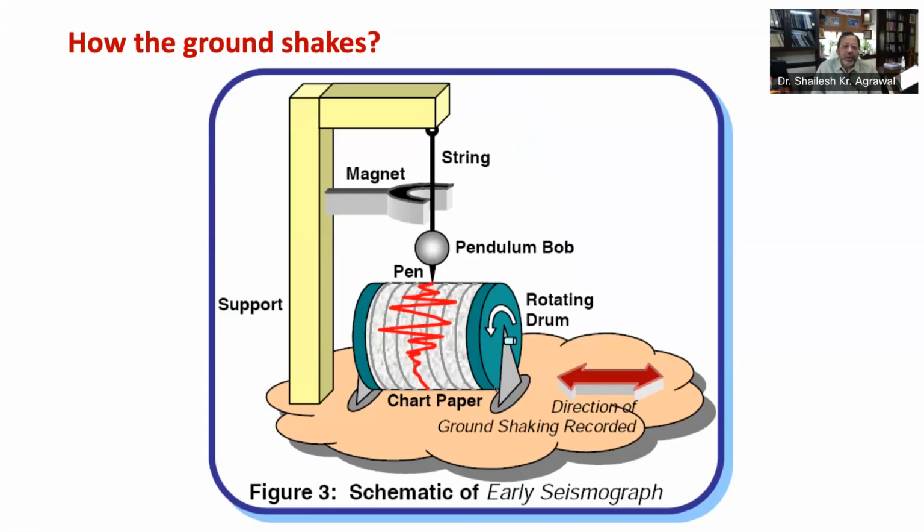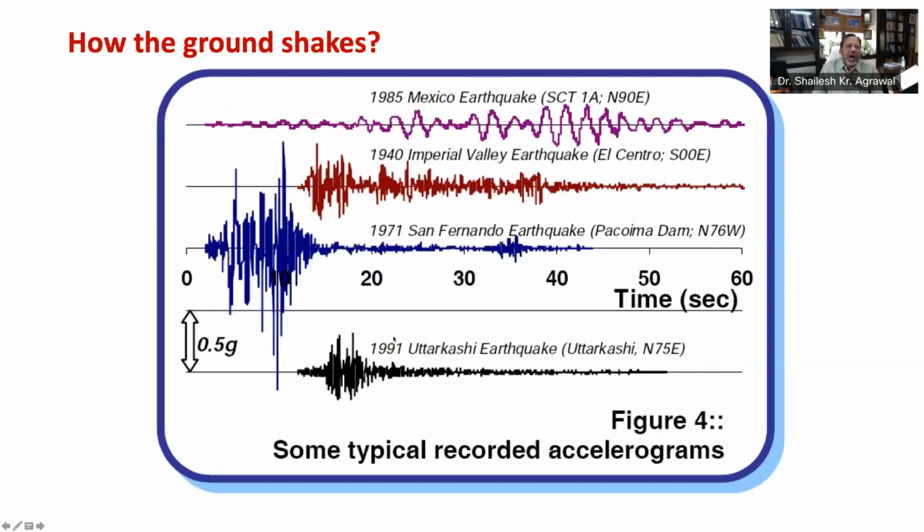And as you know, earthquake can come from all the directions. Therefore, seismograph is required for each of the two orthogonal horizontal directions, which we call X and Y, and one for vertical direction, that is Z direction. The earlier seismographs were analog instruments, which evolved over the time, and today we have digital instruments using modern computer technologies. Having measured the earthquake, let's move to how the ground shakes